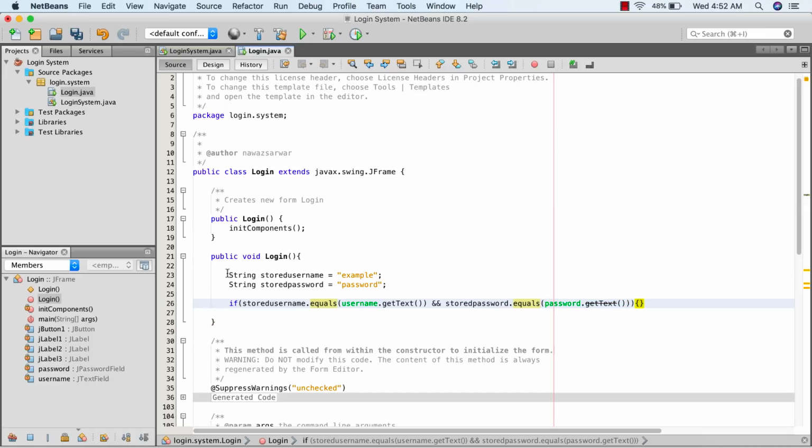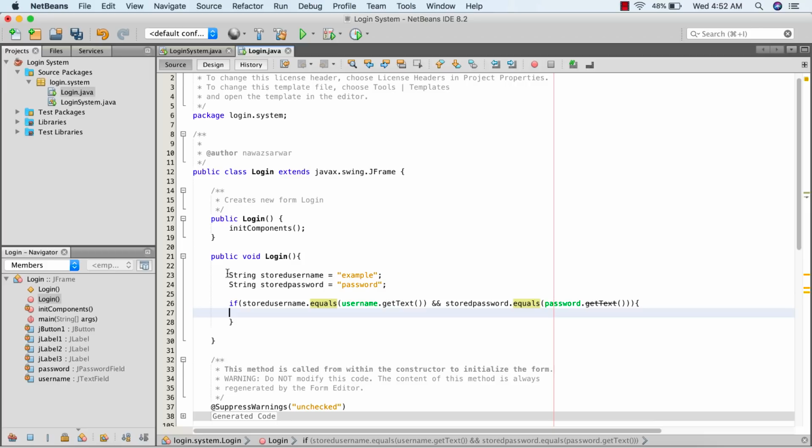If this comparison of the strings for password and username is successful,